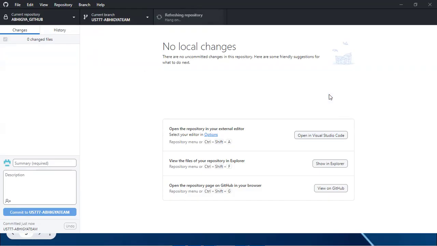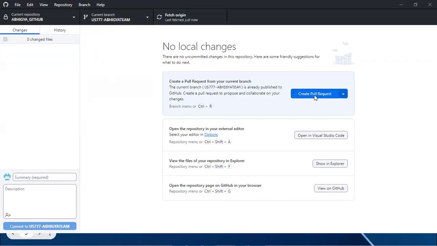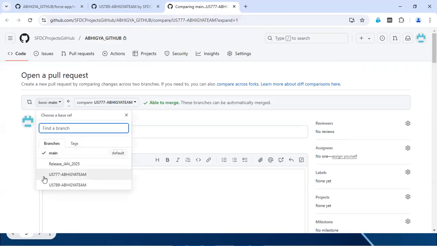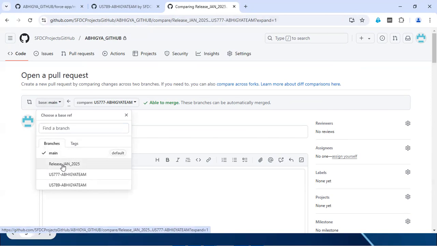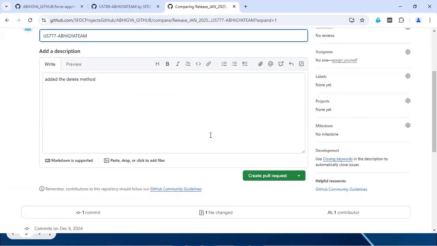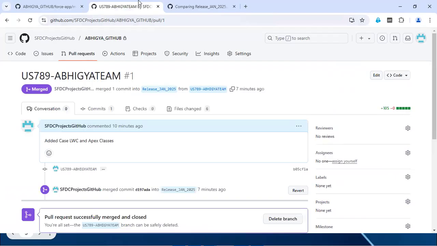Once you have published, it is showing create a pull request. Once you click on the pull request, again it's redirecting to our browser. So after that, we can add our changes into the release branch. So you can select the release branch here. Add reviewers if you have. Otherwise, you click on the pull request. Before clicking on the pull request,